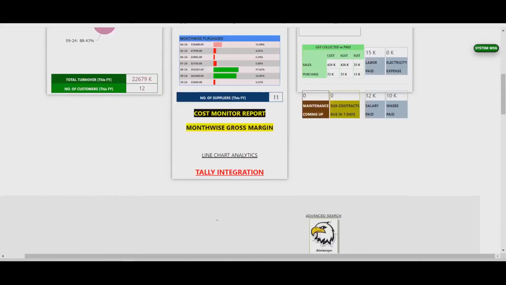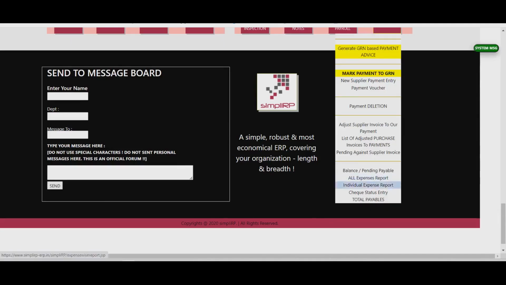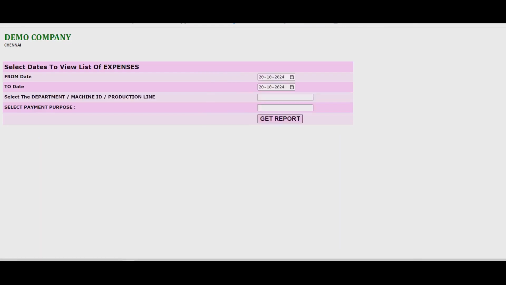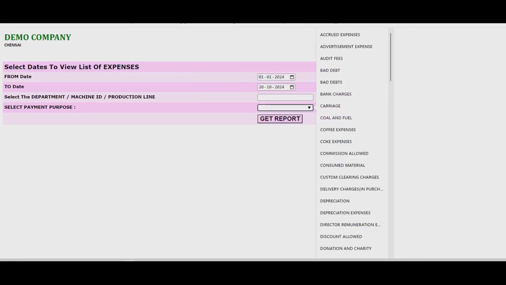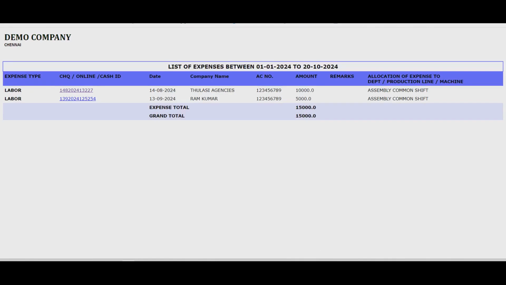Likewise, when you go to the individual expense report, in the bottom there is a link for allocation report. Click that. Please select the date range and the expense ledger name. You can also filter it by department or production line. You can see the allocation is already appearing in that